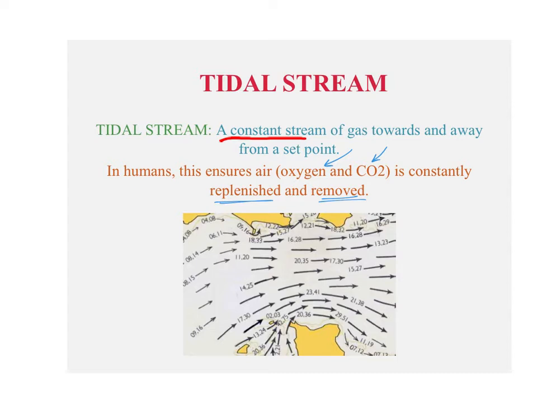And this is more just a knowing kind of point. It's not really applicable in any other situation. It's more a kind of term that would be used in the stem of a question. So the lungs are supplied by a tidal stream of air. Explain the process of ventilation, and then you would be able to know what tidal stream meant and what is